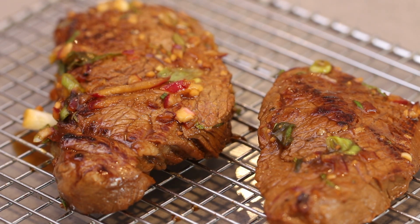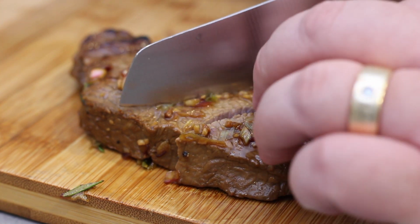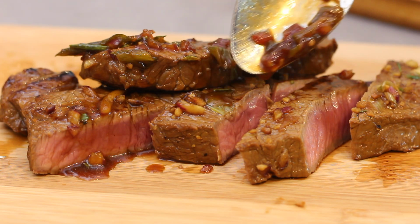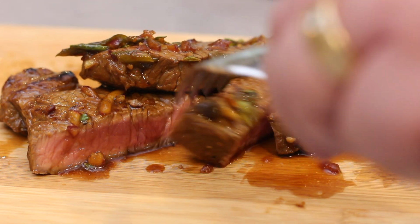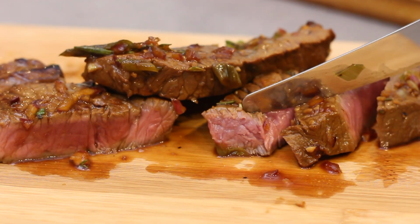After resting, slice up the steaks nice and thick and serve immediately. The steak is perfectly cooked for my liking. I spoon over more of that reduced sauce, and it is simply a joy to make and eat. It takes steaks to a whole different level, and one I've been fortunate to have plenty of since I was